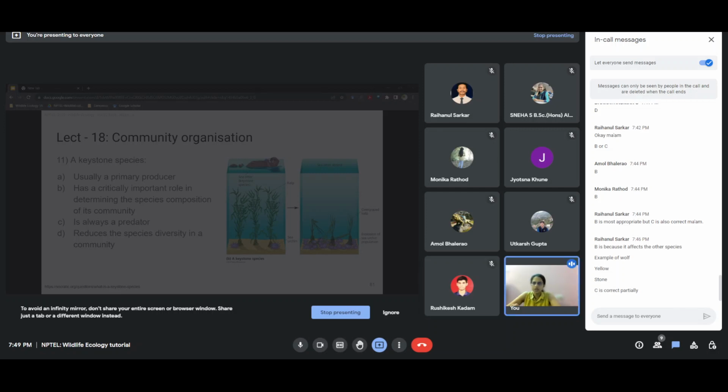So yes, as Rishikesh mentioned, removal of a particular organism, in this case a sea otter, has drastic effects lower down in the trophic levels, because sea otters here are the top predators and they prey on sea urchins, and sea urchins are grazers that feed on primary producers, which here are the kelp, which is also known as sea grass. So when you have the sea otters removed from the community, what exactly is happening is